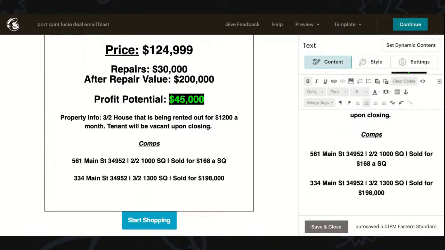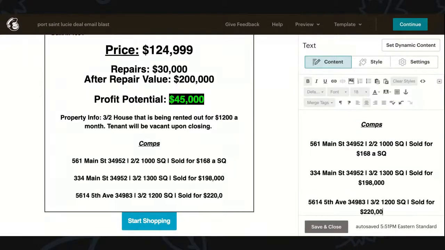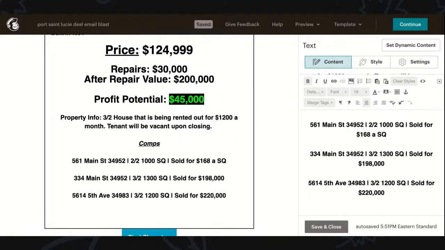And then the last one, just do like 5614 Fifth Avenue, 34983. And boom, and 32, 1,200 square feet. And then let's do sold for. And so that's basically the end.